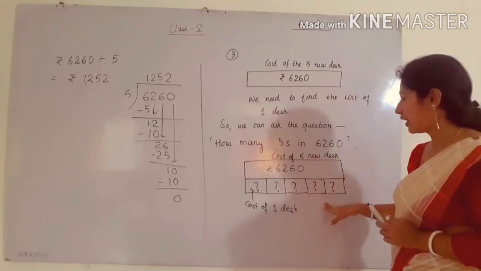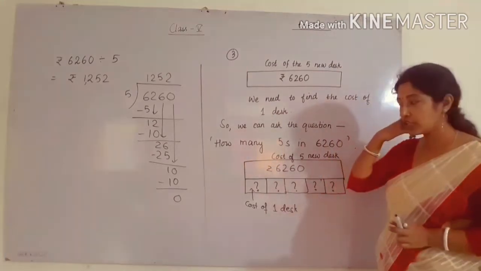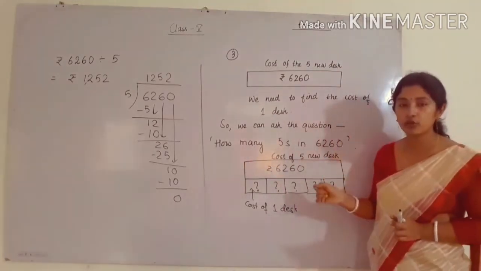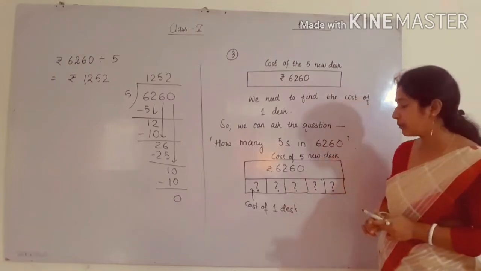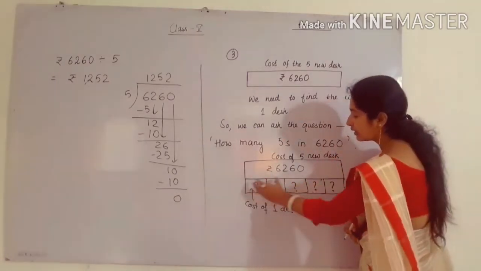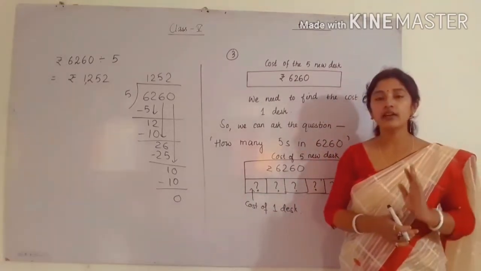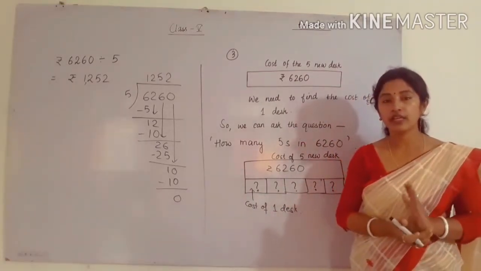Next you have to write. See here, one more type of division. Division will be there using the model. You have to show it. That will be, if the cost is given and you have to find the quantities. That means here the quantity is given, that is, quantities are 5. Total 5 desks are there.